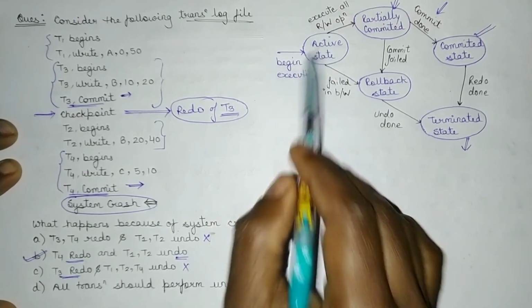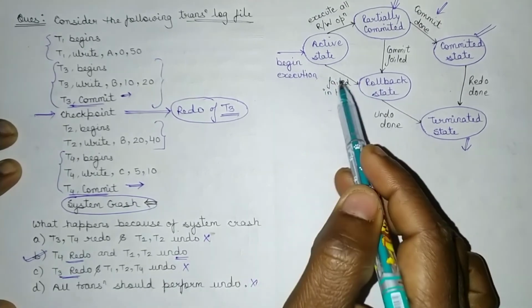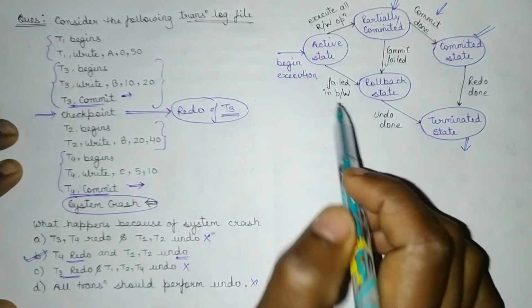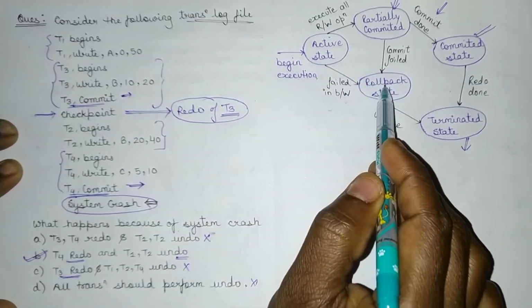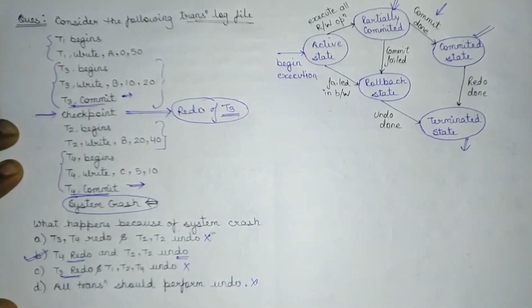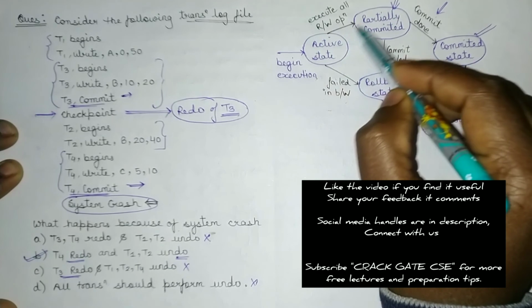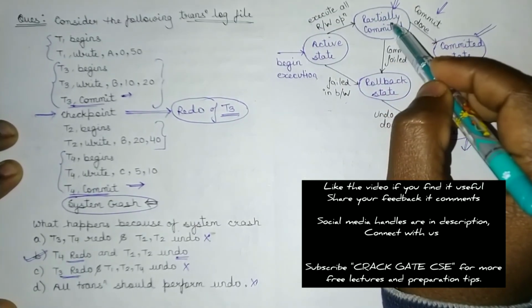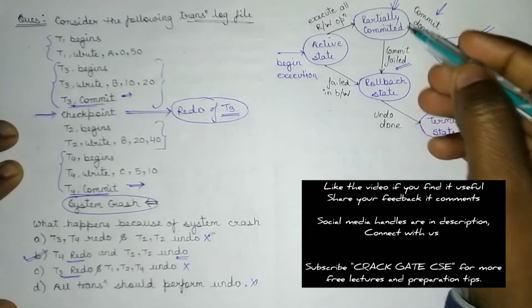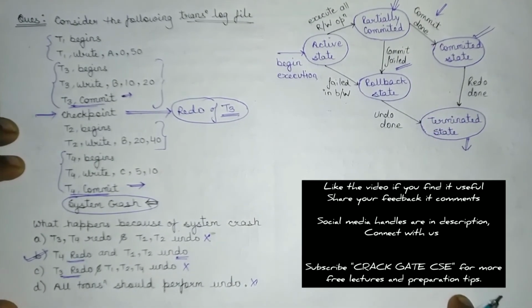If we are in the active state and it fails, it will go into the rollback, because in the failed state there might be some read and write operations completed and some left. So it will move on to the rollback state, and when it is in rollback state, we will perform the undo operation and terminate. And if it is partially committed, that means all the read and write operations are done and it is waiting for the commit operation, but if the commit operation fails, then it will land in the rollback state, and finally after performing the undo operation, it will be terminated.